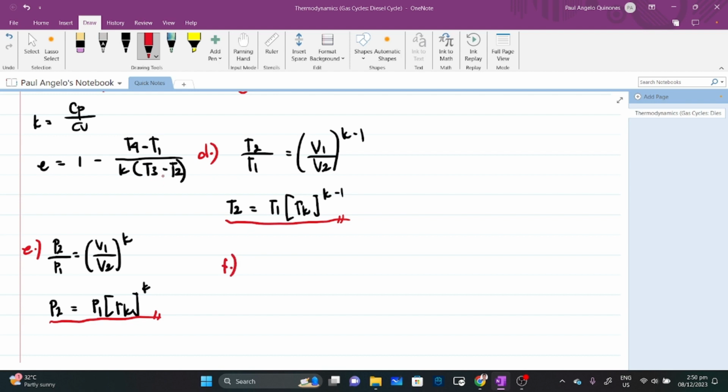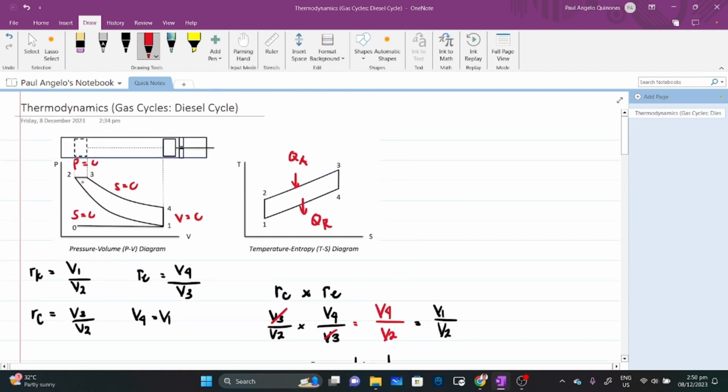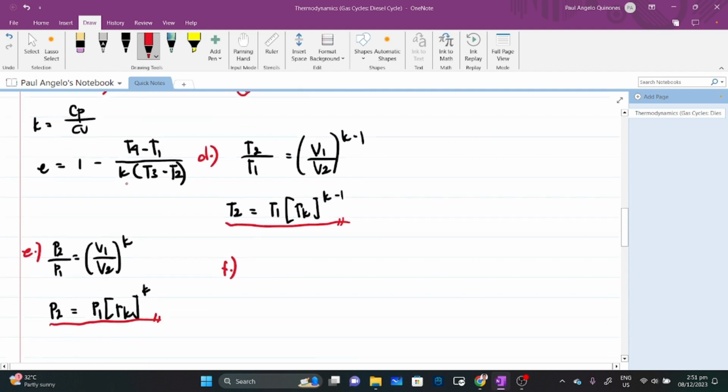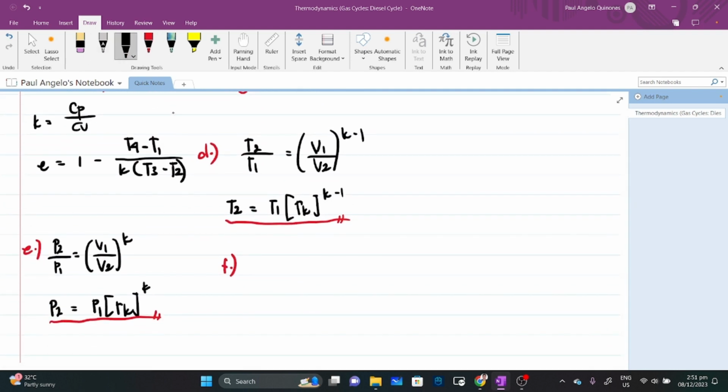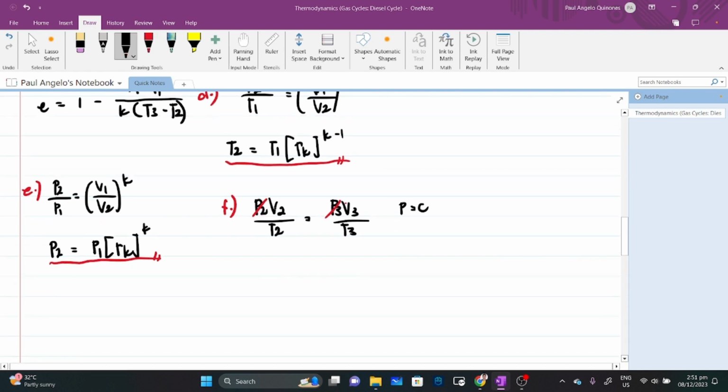Let's now try to solve for T3. Okay? So we're done here. So we are at point 2. We want to solve for point 3. As you can see, the relationship of point 2 and point 3 is an isobaric process. So we can use the combined gas law. That is P2 V2 over T2 is equal to P3 V3 over T3. So since the pressure is constant, as we've said in the PV diagram, we can cancel pressure. Okay? So by performing separation of variables, here I can cross multiply T3 and V sub 2. I will have T3 over T2 is equal to